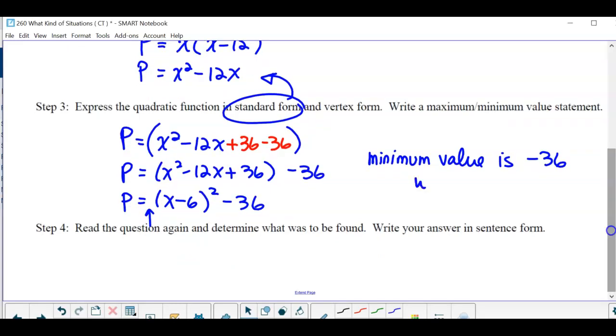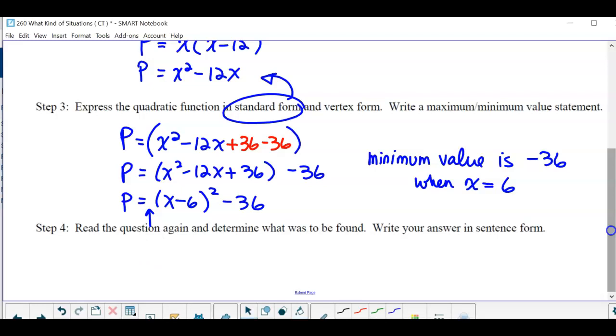Yeah, when X is 6. Now, it says read the question again and determine what was to be found. So it says two numbers have a difference of 12. Determine the numbers if their product is a minimum. It doesn't actually ask for what the minimum value product is. Ask what the numbers are. So therefore, the two numbers,